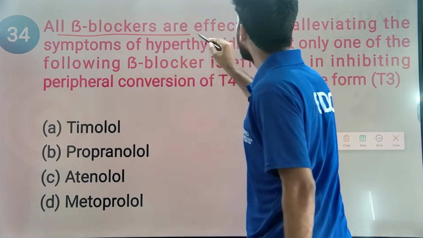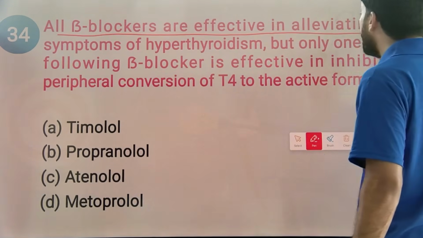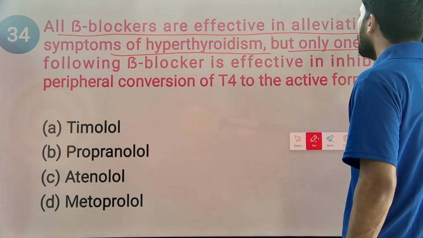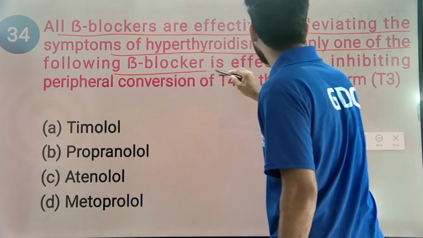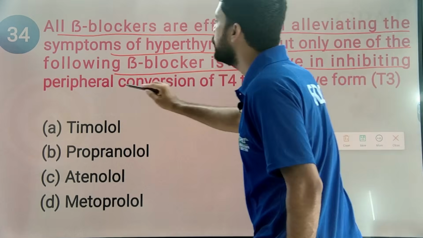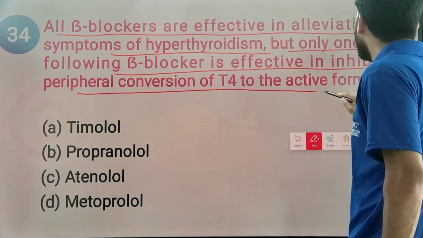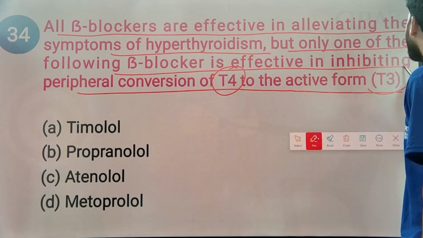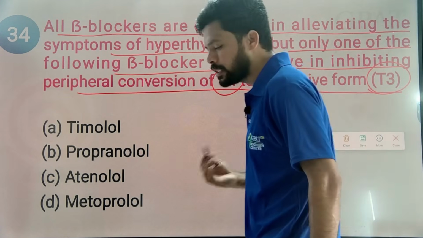All beta blockers are effective in alleviating the symptoms of hyperthyroidism, but only one of the following beta blockers is effective in inhibiting peripheral conversion of T4 to T3. So T4 is an inactive thyroid hormone, T3 is an active thyroid hormone that binds to the thyroid receptors and